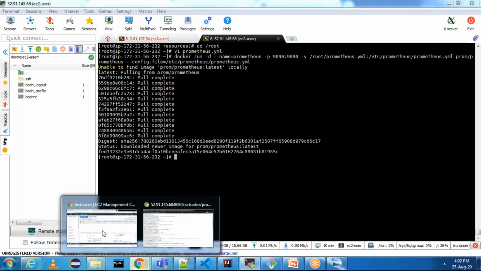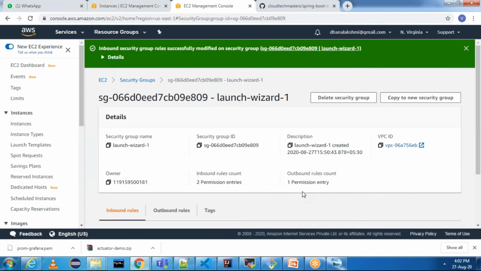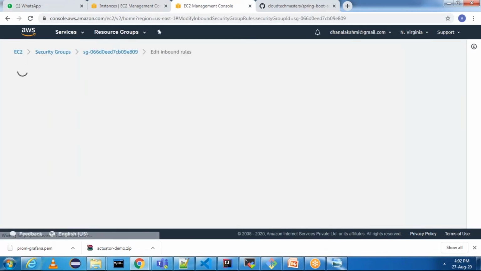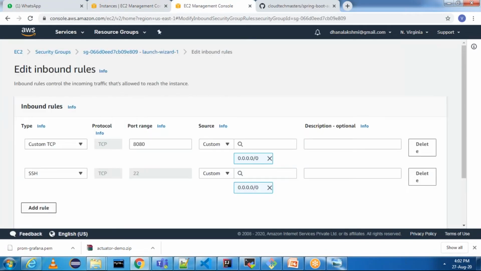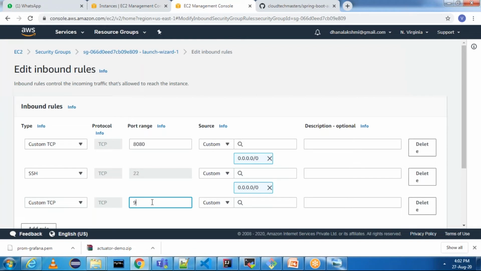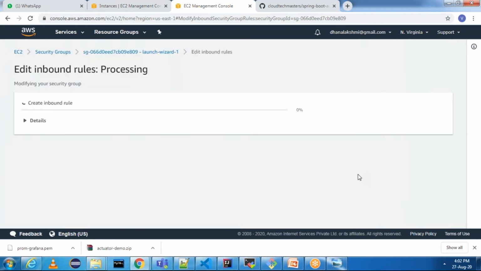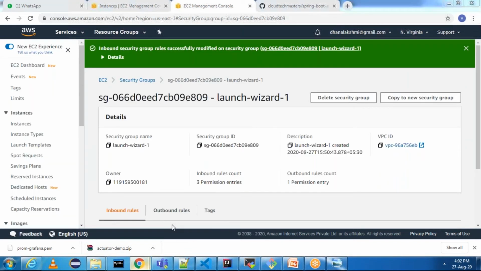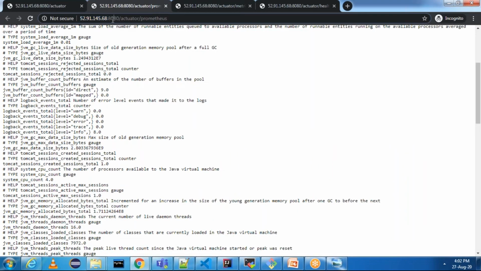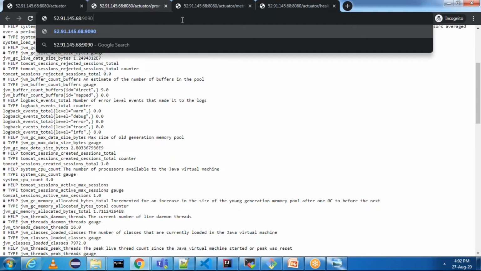We'll go and allow 9090 in the security group. Edit inbound rules. We need to allow 9090. You can add the IP range. Now you can access the Prometheus endpoint. For that, you just need to say server IP colon 9090.